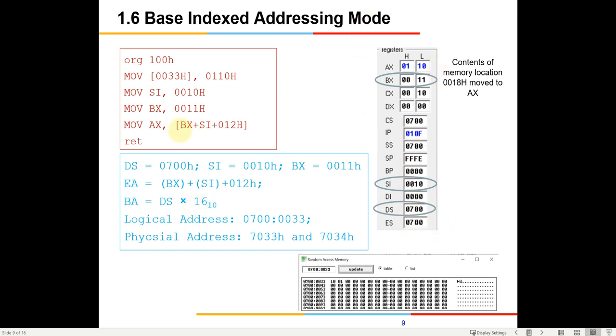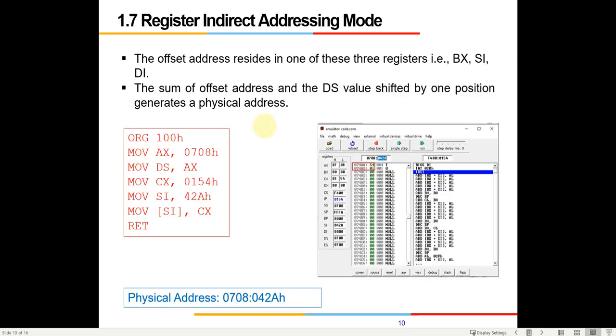Again here, this also is going to be a different machine language code, right? So try to do that also, so that you are familiar with all the types of addressing modes, and how to convert all the various addressing mode instructions into machine language. So please do that, and run this program and verify, right?